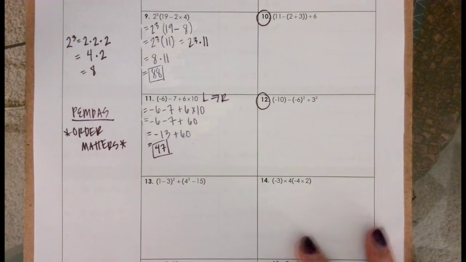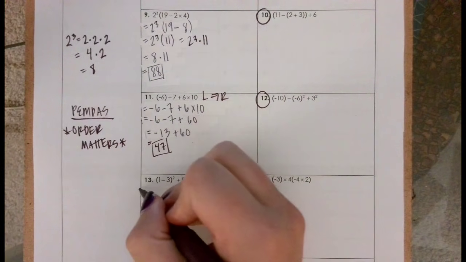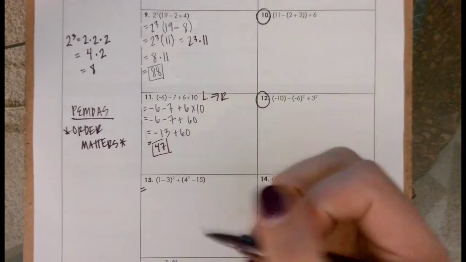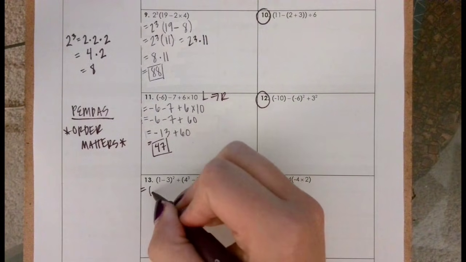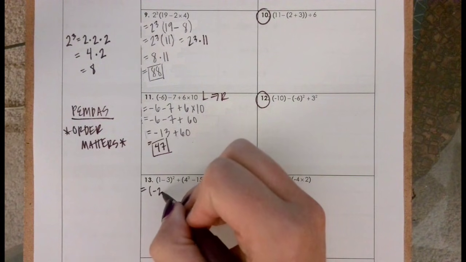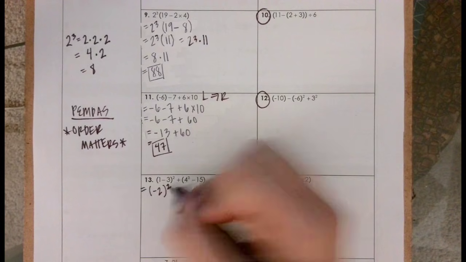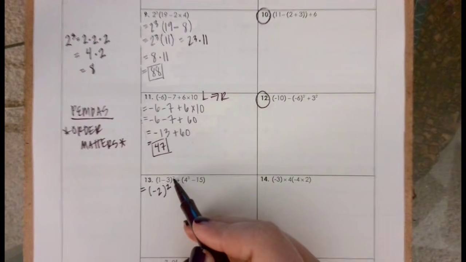And let's look at number 13. Now number 13. We've got a lot of parentheses here. So parentheses first. Remember, we evaluate what's inside the parentheses first. 1 minus 3 is negative 2. We do it left to right. It's not 3 minus 1, it's 1 minus 3, which gives me negative 2. We leave that. Now we know that everything inside these parentheses is raised to this power 2, so we leave